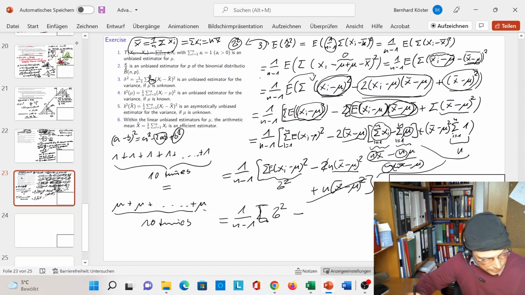Here we still have an expectation operator. You get this also a bit better typed. So we obtain here the expectation operator. The expectation of x bar minus mu squared is